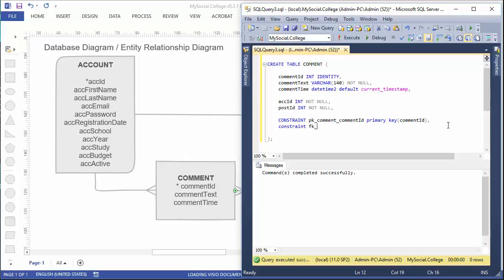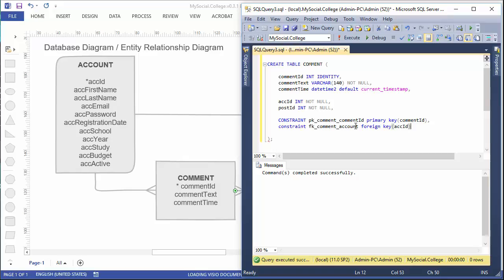We're going to add our foreign keys, one for the account ID. So all of our constraints can start with a prefix, fk underscore, because we're talking about a foreign key. And then we put in the name of the current table. So I'm putting in comment because we're in the comment table. And then the next underscore is followed by something to tell us where that points to. So we'll say that it points to the account table. If you put in, for example, ACCID, that's enough to identify this uniquely in this table anyway, so that would be okay too. But I'll go with the standard here, and it's foreign key, and that's on the ACK ID